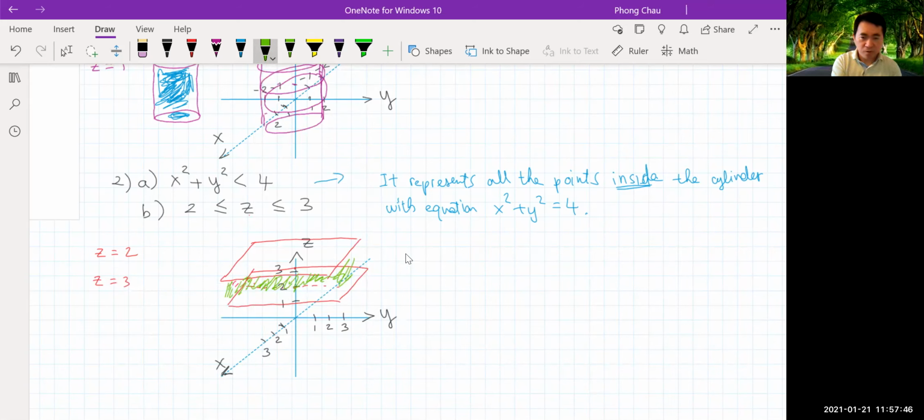So the answer is it represents the points inside, or I should say in between,